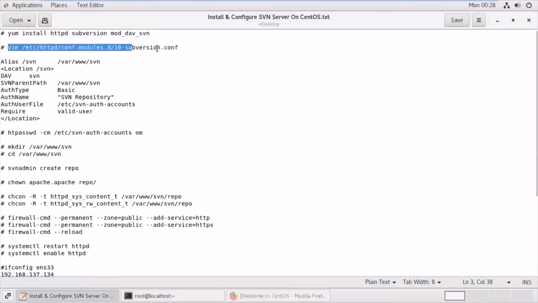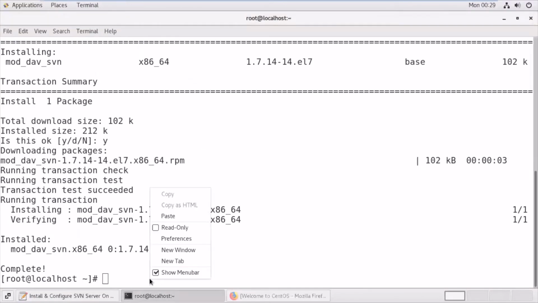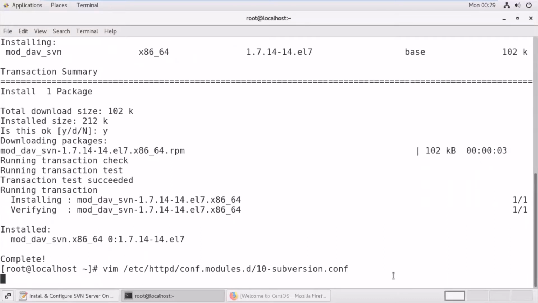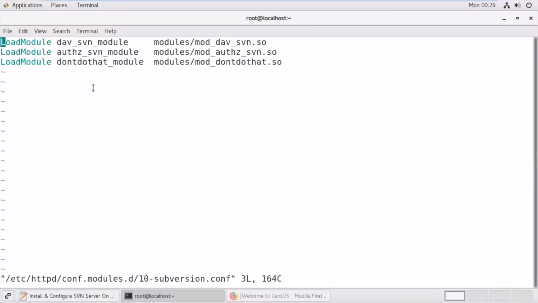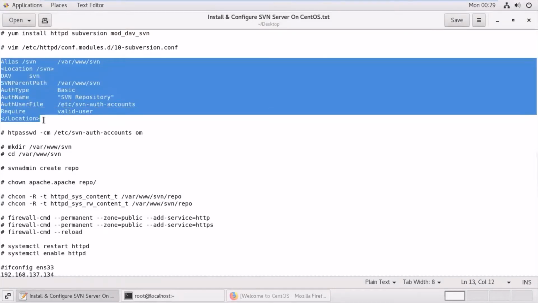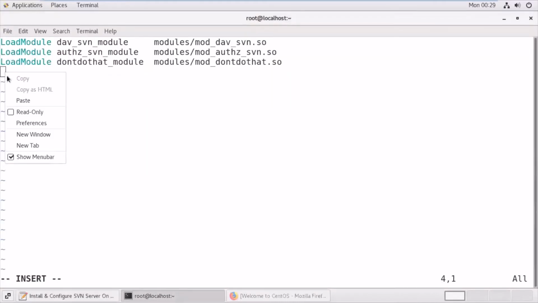Next is to modify a configuration file. Let's open this configuration file under /etc. Press I to enter insert mode. We have to add a few lines which I already have in this notepad. So let's copy and paste it over here.